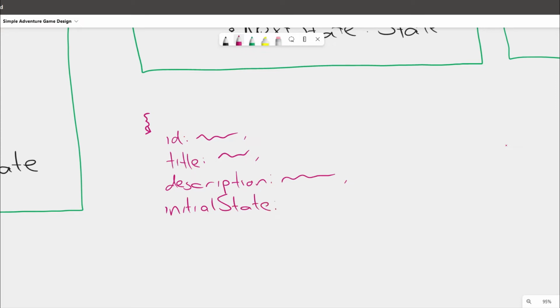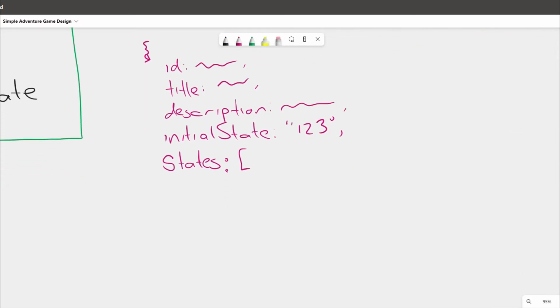Now here, initial state is going to be some sort of state identifier. We wouldn't actually put the entire state object in here,